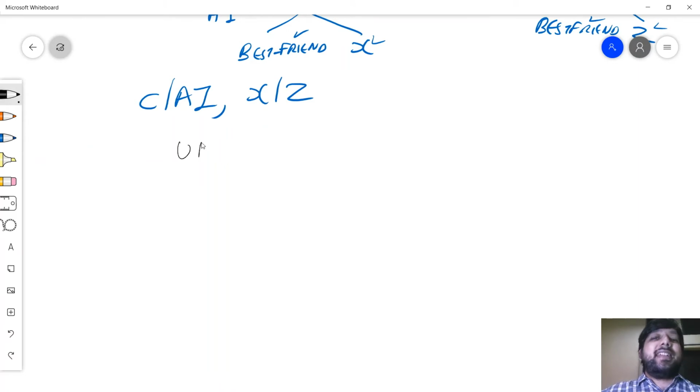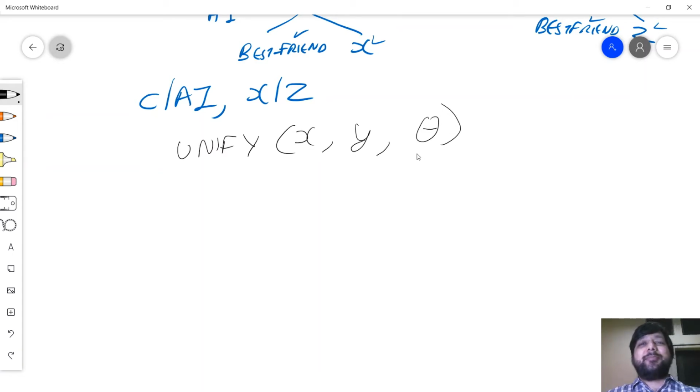So I say unify, the first let it be X, the second let it be Y, and theta is all the substitutions made. From the root to the branches and everything, I'll do some substitutions, and as soon as I do some substitution, I'll maintain it in a variable which is shared by reference.